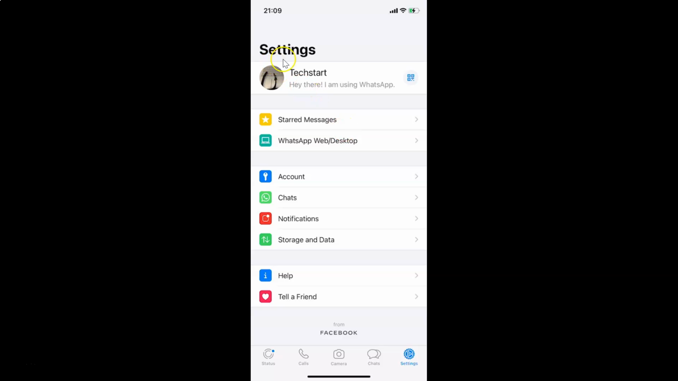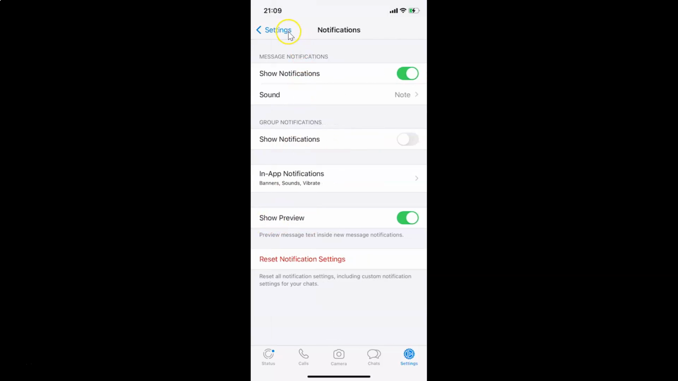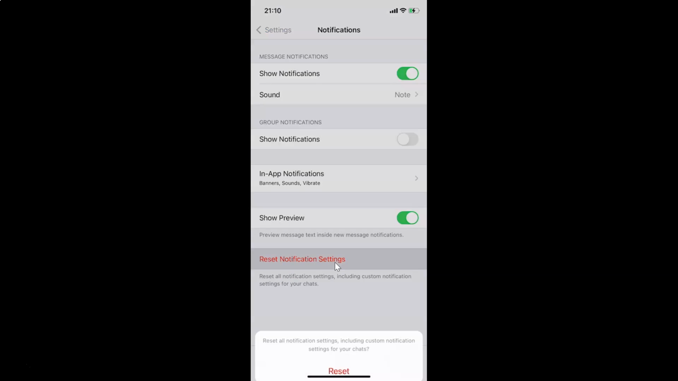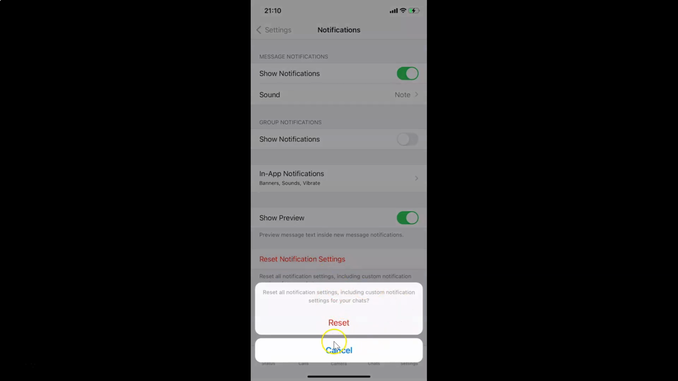And you can see I have this settings screen opened, and after that you have to tap on this notifications, and I have this notifications screen opened, and on this screen guys you have to come to this option at the bottom, reset notification settings, and then you have to tap on this. I'm tapping on it, and you can see guys I have this little screen opened, and here I have this